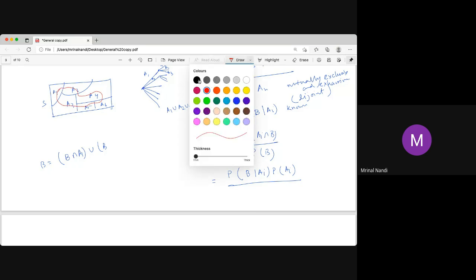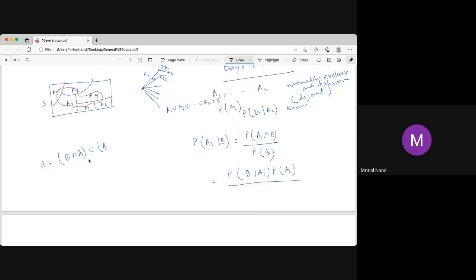Now, once the Ai form a partition of S, the sets Ai intersection B form a partition of B, because B intersection A1, B intersection A2 are all disjoint, and the union must be B. So if you take the probability, it will be the sum of all P(B intersection Ai), i from 1 to n. And P(B intersection Ai) is just P(B given Ai) times P(Ai). So this is called the Bayes theorem,